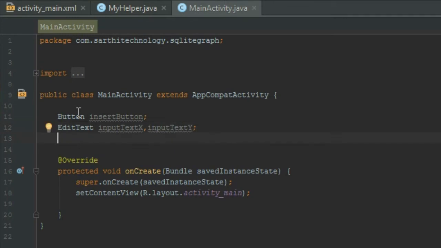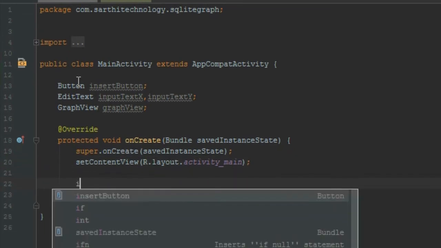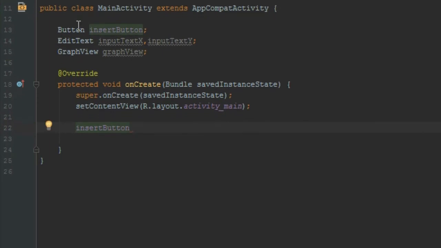Now create an object of graph view. Okay, now here insert button equal to